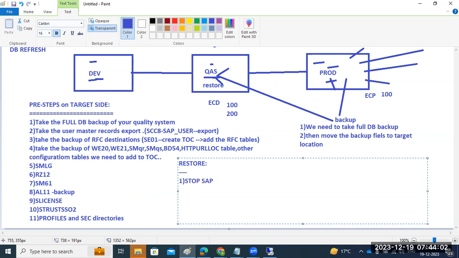First, we need to stop SAP, right? We have to stop all the SAP systems. Why? Because while doing the restore, SAP should not be up. So we have to stop the SAP applications. Then we can perform the DB restore, either using